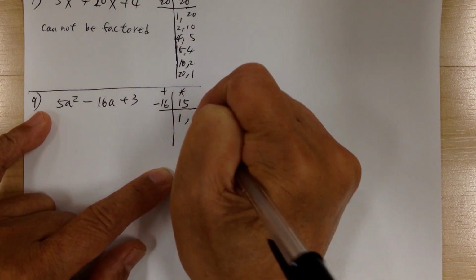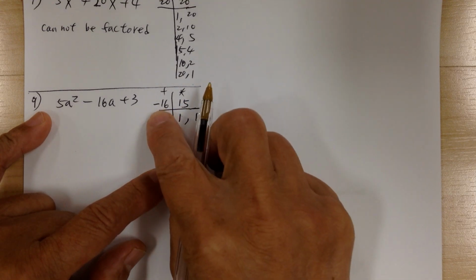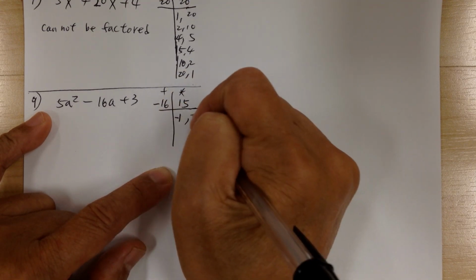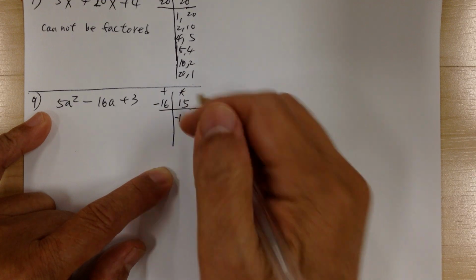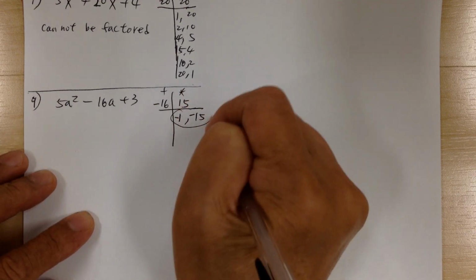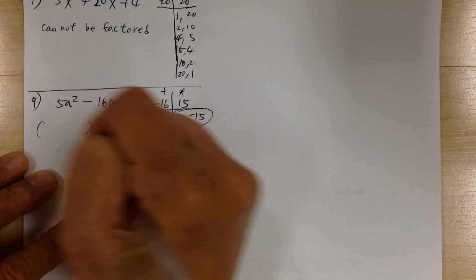So you go 1 comma 15. But if you're positive, you're going to get positive. So to get the negative, you have to use negative and negative, right? Negative times negative gives you positive. And that's it. Okay, that's the correct combination. So you start with